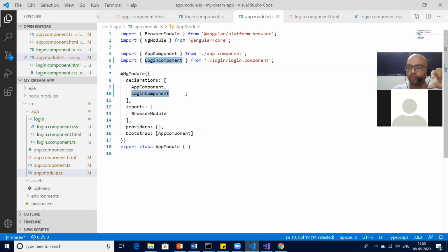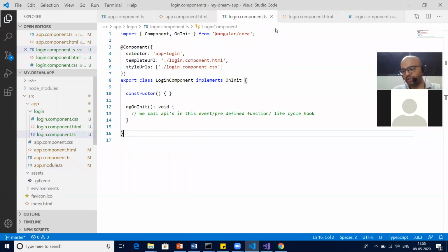When you generate a component through the ng command, it will automatically add that component in the declarations under the app.module file. No worries, it will automatically get hooked the moment you create a component through the ng generate command. So the login component is there in the module file, so no worries. Correct, I don't need to do that work. Done. Now what are the other answers?